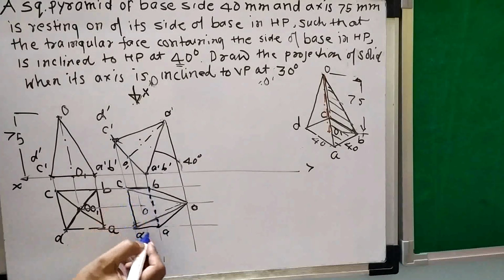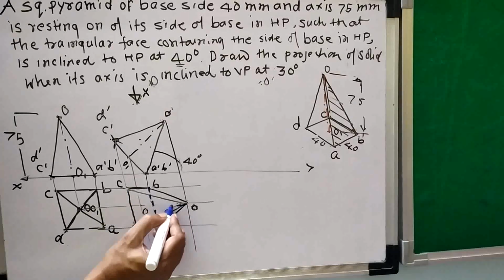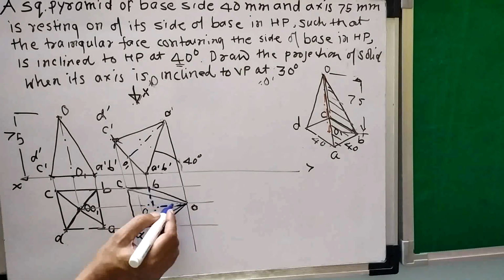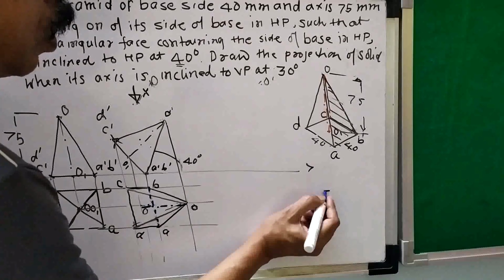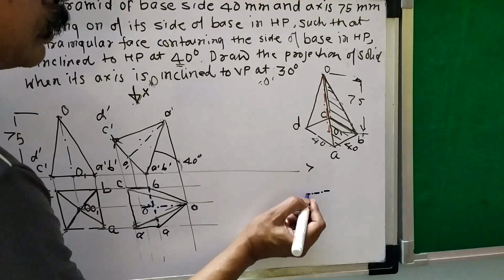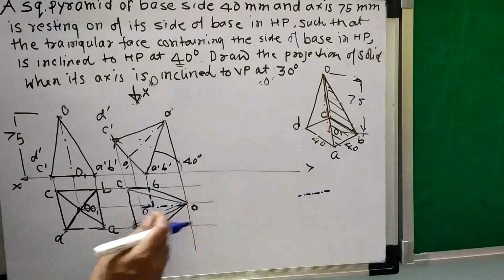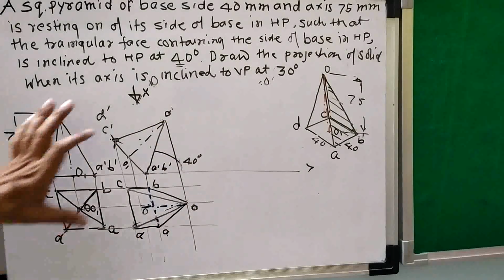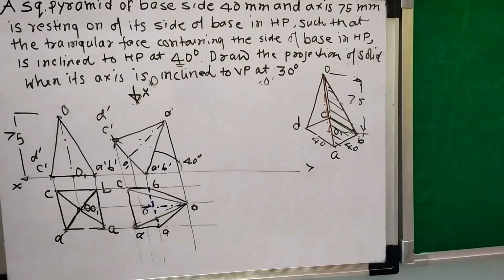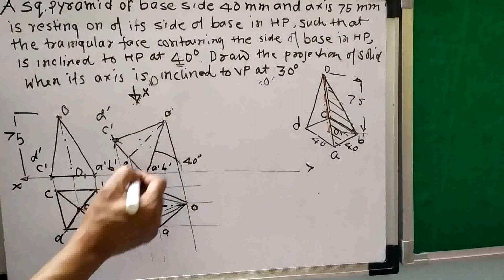So this will be the axis. Axis is always shown by a long dot segment, like this is the axis. So you have to show this axis. This is the first condition, that is when the solid is with its surface OAB inclined to HP